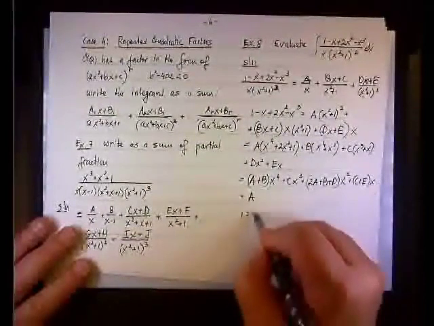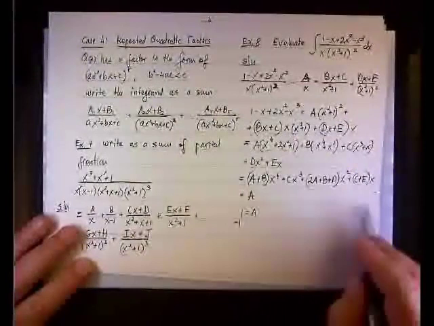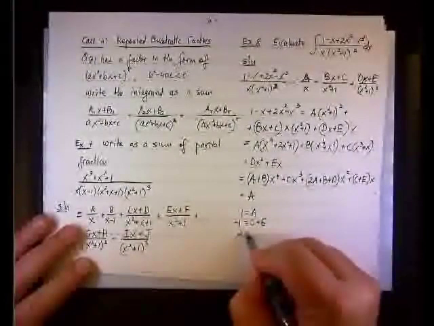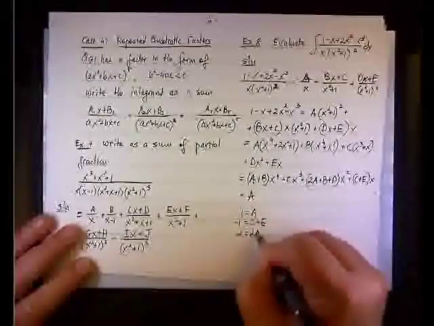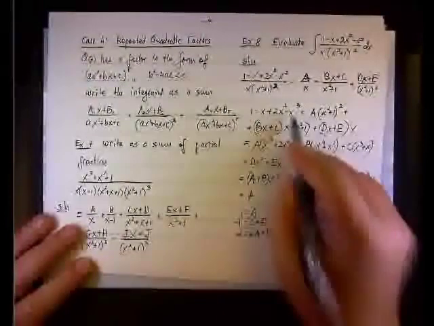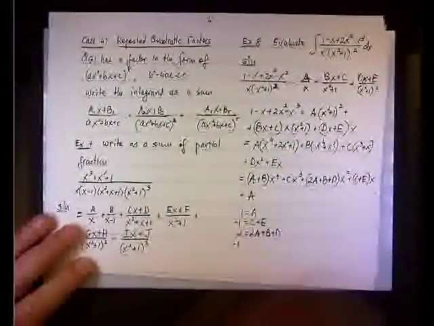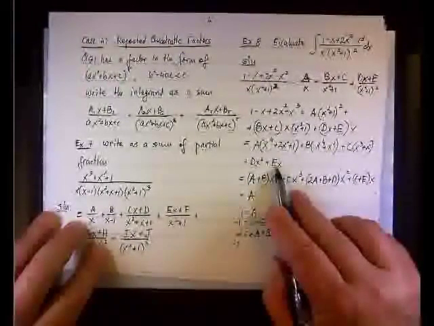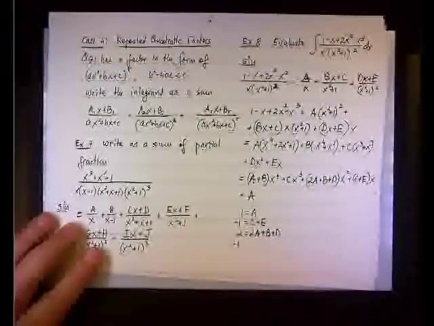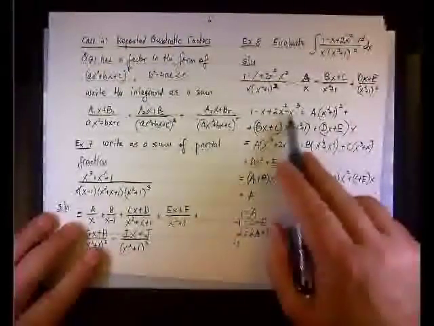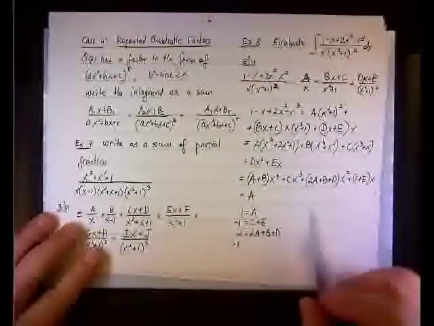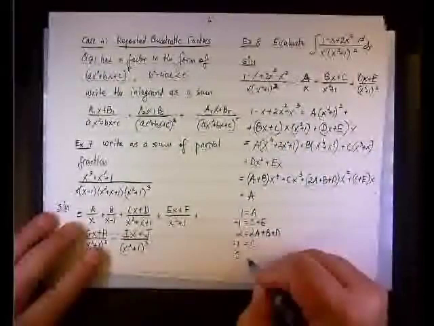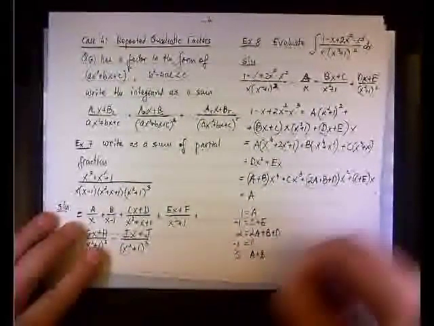1, the free coefficient is A. Negative 1, the coefficient of x is C plus E. 2, the coefficient of x squared is 2A plus B plus D. Negative 1, the coefficient of x cubed is C. Why do I have C plus E here? It cannot be E, it's just C. And then 0, we have no x to the fourth, so 0 is A plus B. Okay? And you solve it,